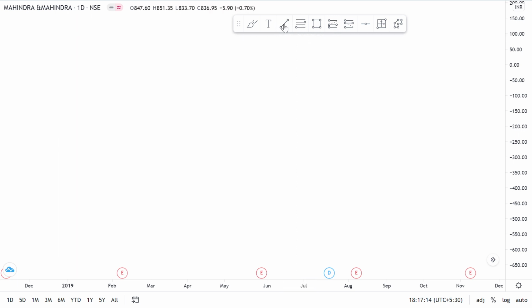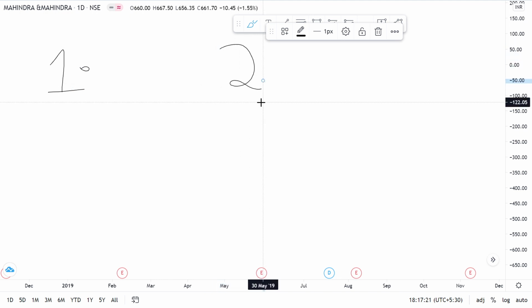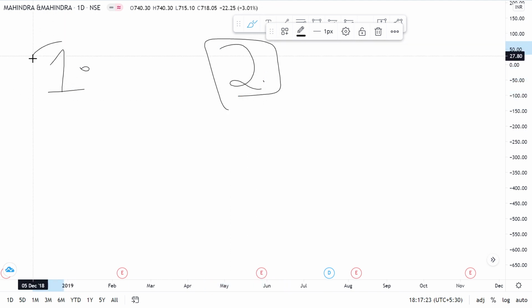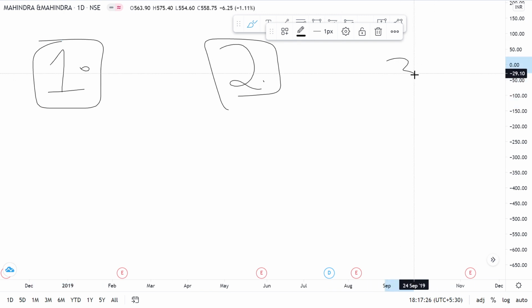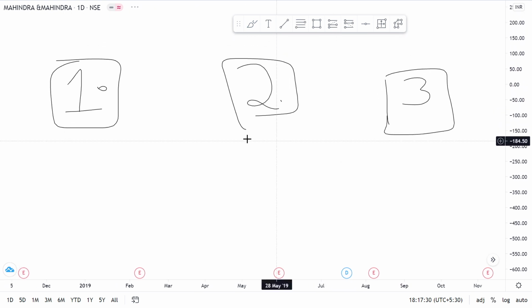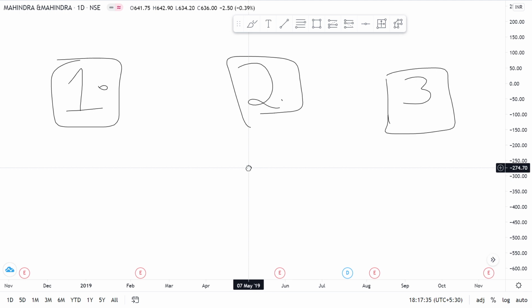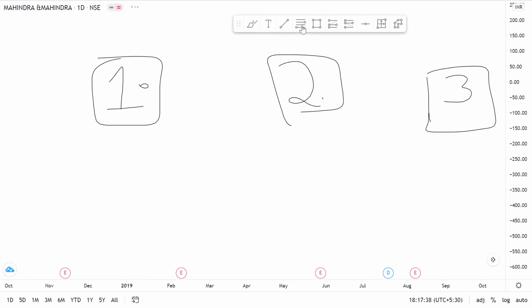So there are candlestick patterns which are single candlestick patterns and two candlestick patterns. You also have three candlestick patterns, but these are much rarer to find and spot. So today we'll be discussing the single candlestick and the dual candlestick patterns. The most important candlesticks in the single candlestick patterns, there are two. One is what we call the hammer.